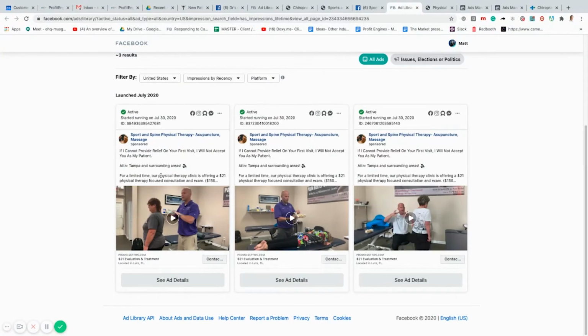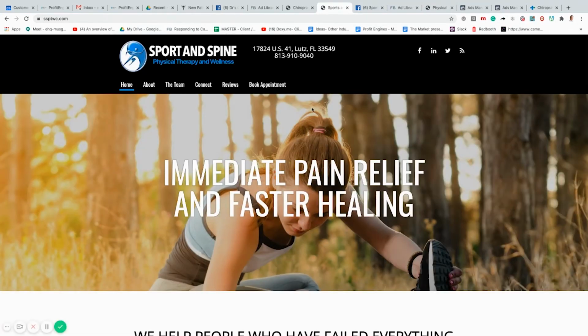They're doing a $21 physical therapy evaluation and treatment, right? So it's not necessarily full-out X-ray exams. It's more of a simple, straight-out consultation, evaluation and treatment, right? So if we click on the ads, it would take us to the landing page. And if we want to take a look at the landing page, or first, here's the website,